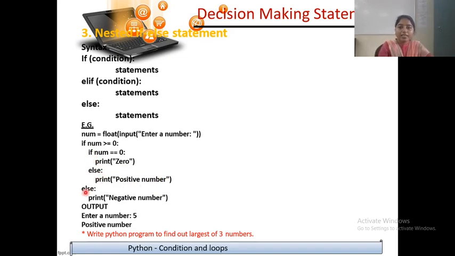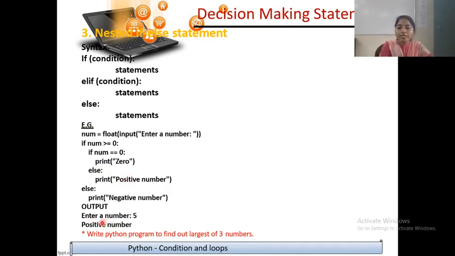And now we'll see nested if else, that is this if within if, elif within elif, that is if else. Now this else belongs to this if. And if it is not greater than 0, neither equal to 0, it means it is a negative number. Remember, this else belongs to this if and this else belongs to this if. So this is if else within if else, nested if else.